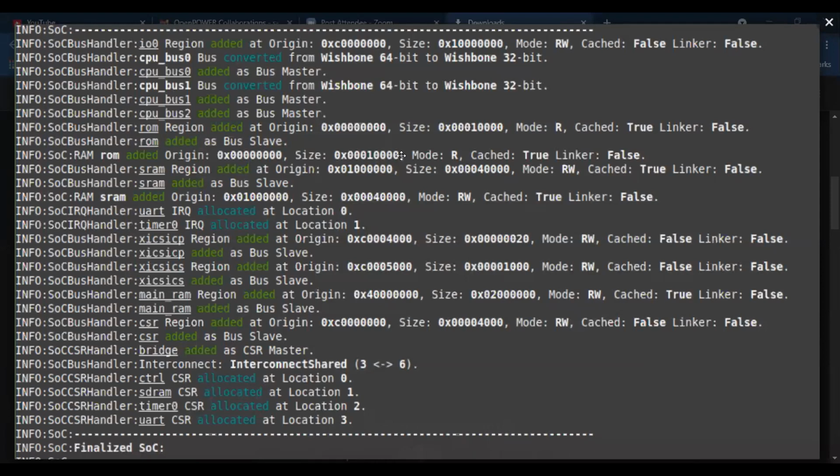It's a hex code. I'm asking you, what is the decimal equivalent of this value? 65,536.